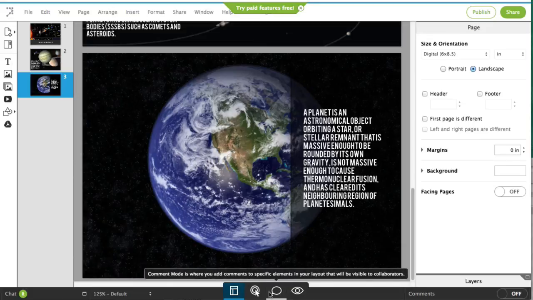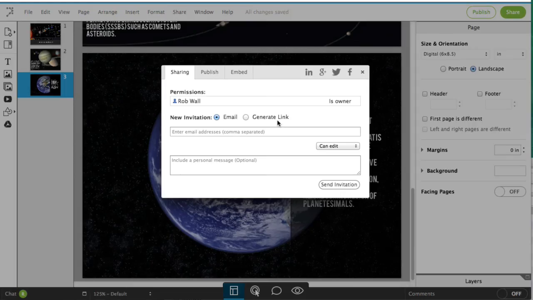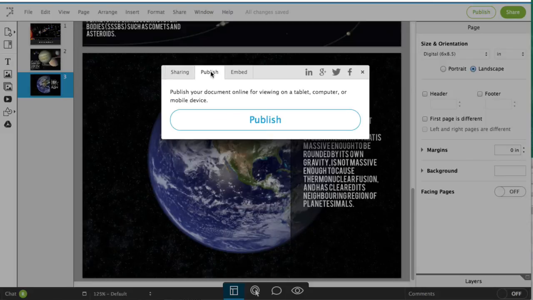And as I said, very quickly you have a very nice looking document that you can then share with the world, because there's this button over here that says share. I'm going to get rid of this. This is my trial. So it wants me to try all the pro features. So right here is the share button, and I click on that. And I can email the page. I can generate a link. What I want to do here is actually go publish, and once I click this big button, they're making sure you can't miss this. Once you press that big button, it will be published online as a web page,